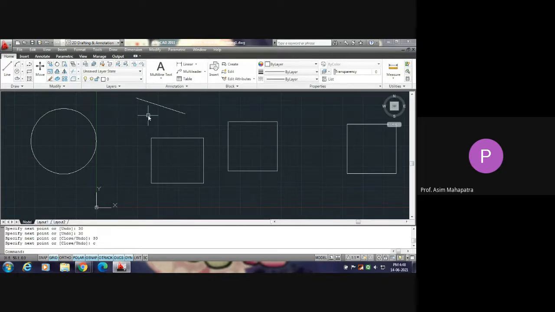In cross window selection, you have to click at the right top point, then move the cursor. You see the window has a different color. Now it is green. Earlier one, it was blue, isn't it?